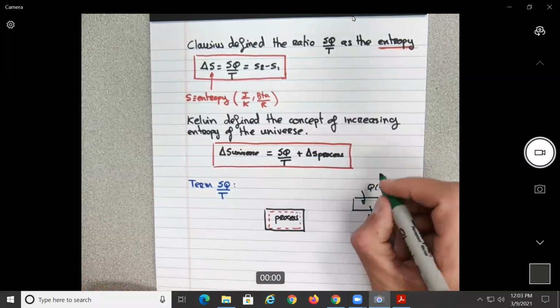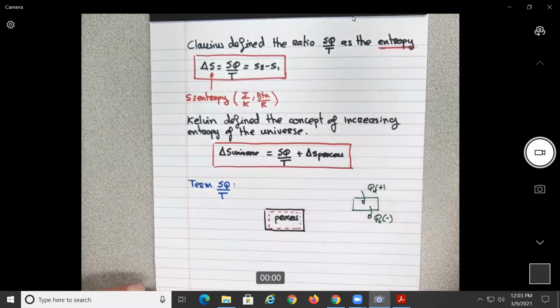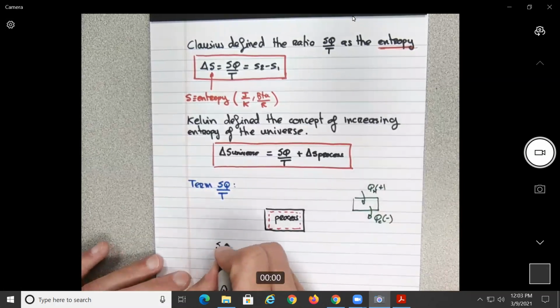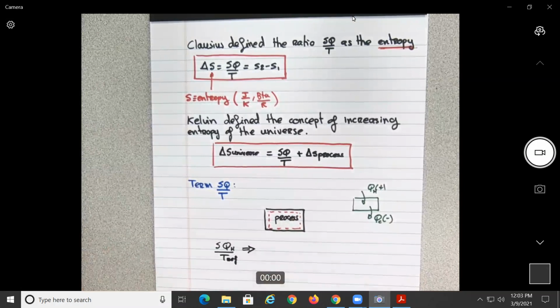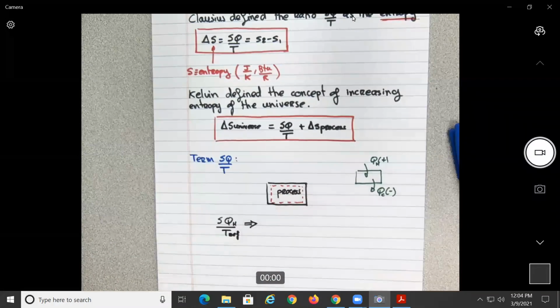So let's say, to make a difference, this is QH and this is Q cold, doesn't matter. Let's say this would be T reference. So let's say this is operating at some T reference temperature. Okay, so now this is based a little bit on understanding. If we say entropy is a measure of how well you use the energy, this is the good definition I like,